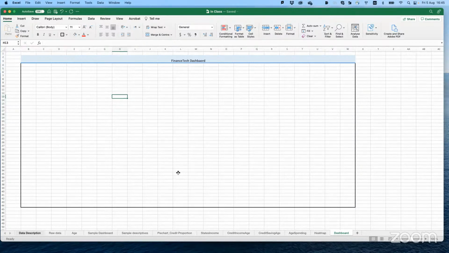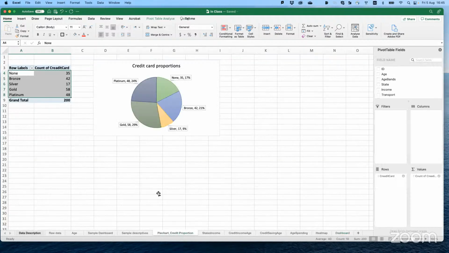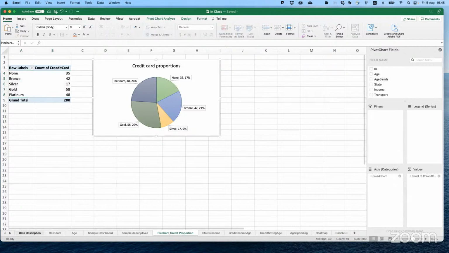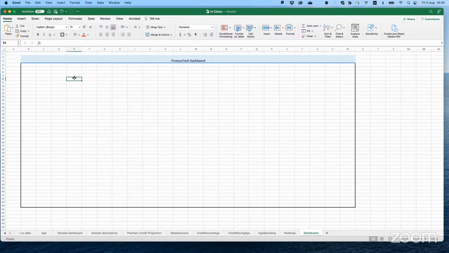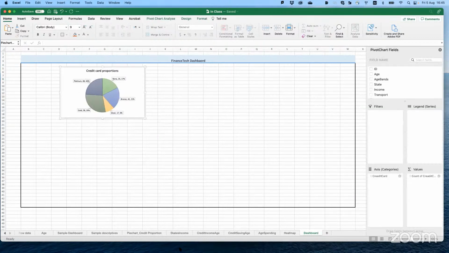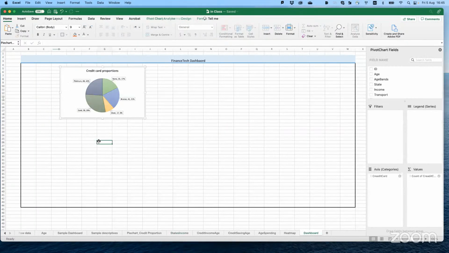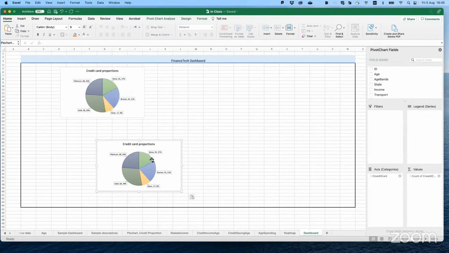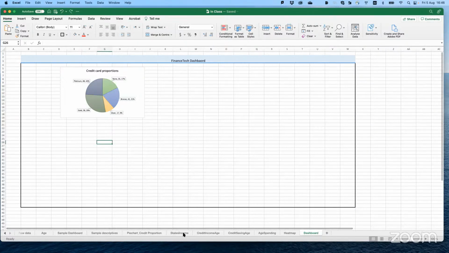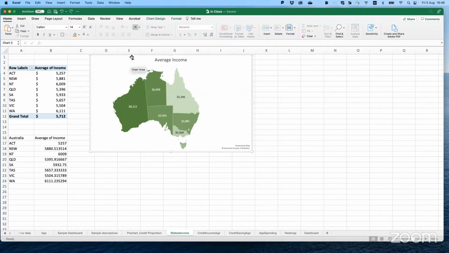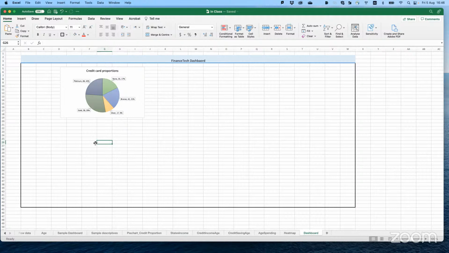Let's go and bring all of the pivot charts to this one. So I'm going to bring my pivot chart, Control C, bringing it to my dashboard. I put it somewhere. We are going to format my map. Oh, not copied. That's weird, it's not pasting.